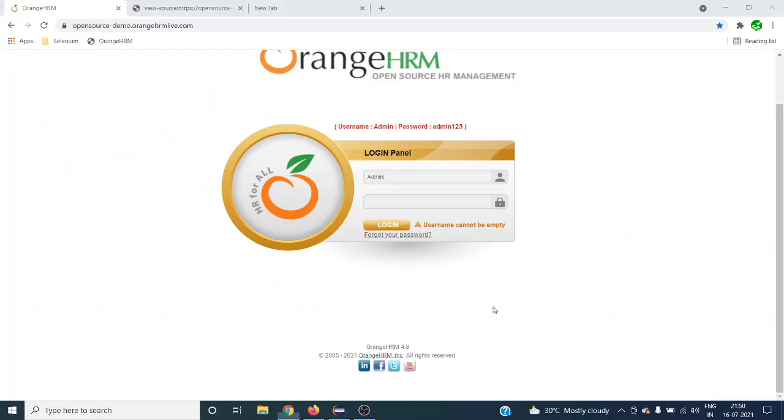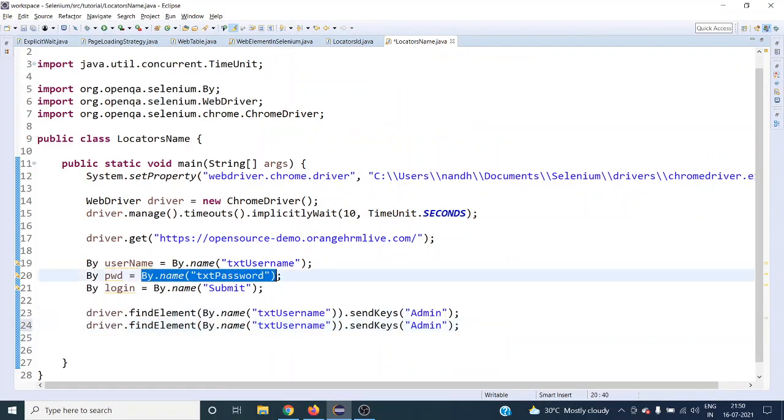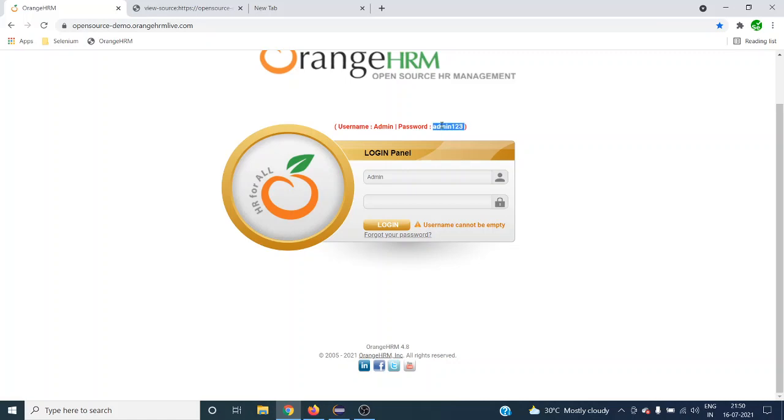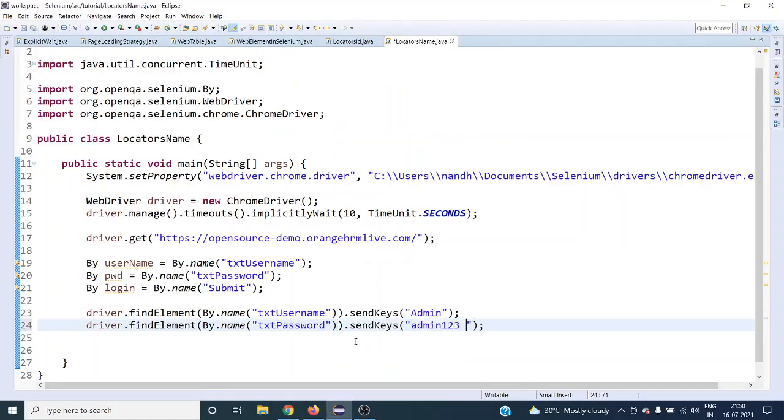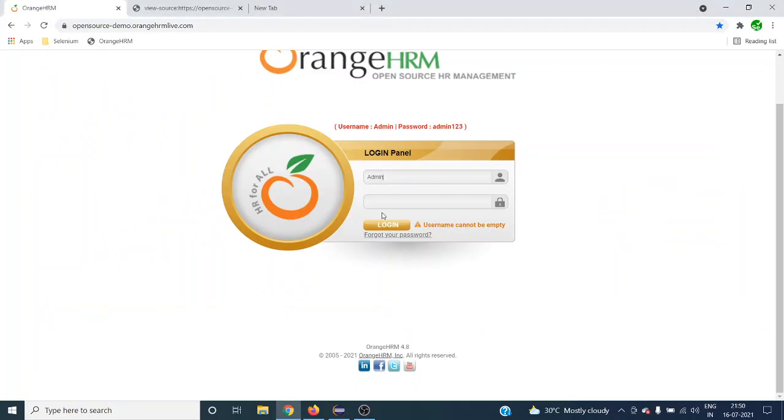Now the second action is we have to type the password. The password is admin123. So let's copy this same one and we have to take this particular locator, right? So what is the password we have to enter? This admin123, isn't it? So this is what we have to do. So now we have done, sorry guys, typing admin, and the second step is admin123. Now we have done this. Now what do we have to do?